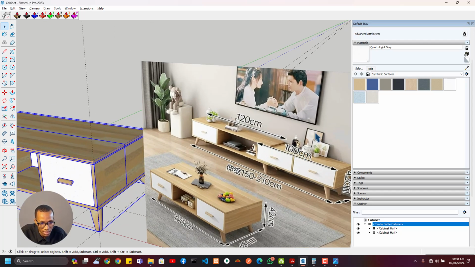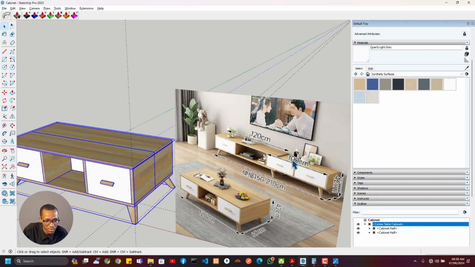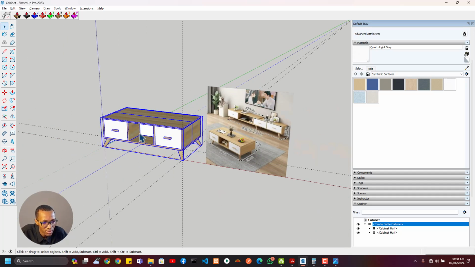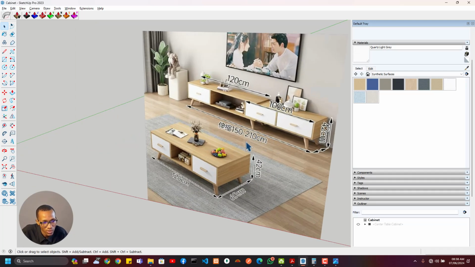This will be the TV stand cabinet. So let's begin modeling the other one. First of all, I'll hide this. Let me just go ahead and hide that. Then I'll delete all the guys on the screen. So we can see the total length of this. We can see the first one is 120 and the second one is, now if you clearly look at